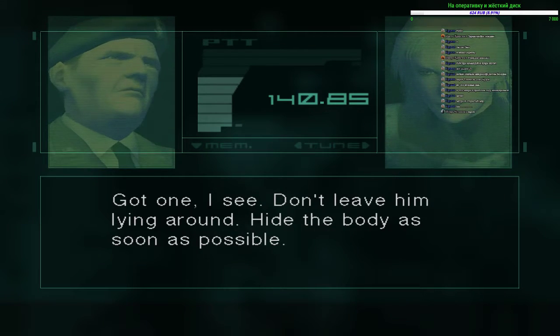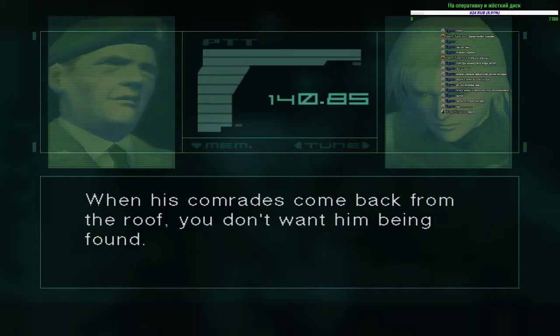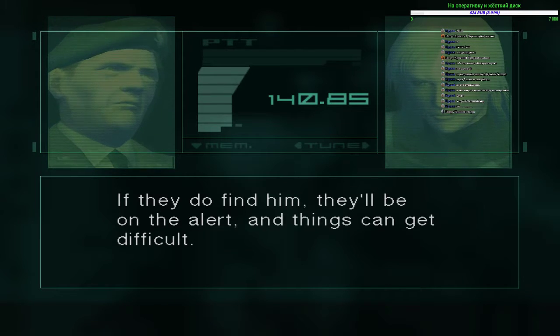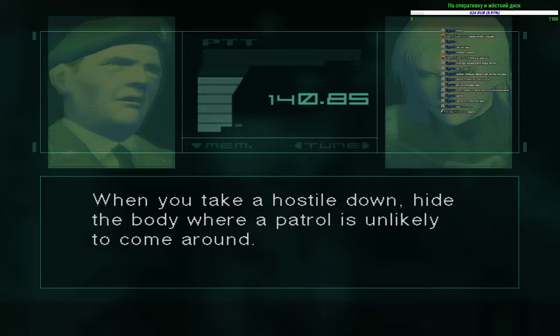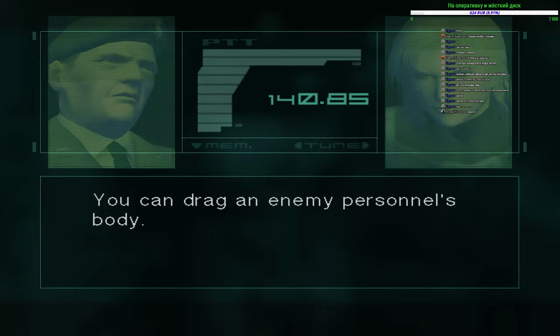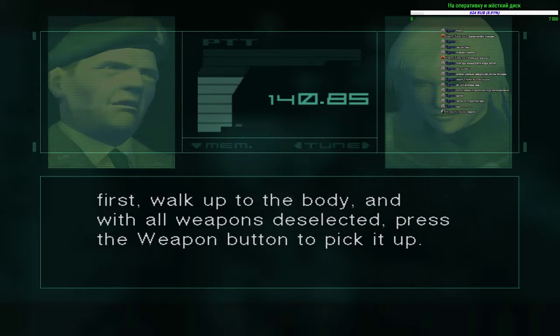Got one, I see. Don't leave him lying around. Hide the body as soon as possible. When his comrades come back from the roof, you don't want him being found. If they do find him, they'll be on the alert and things can get difficult. When you take a hostile down, hide the body where a patrol is unlikely to come around. You can drag an enemy personnel's body. This is how to do it. First, walk up to the body, and with...